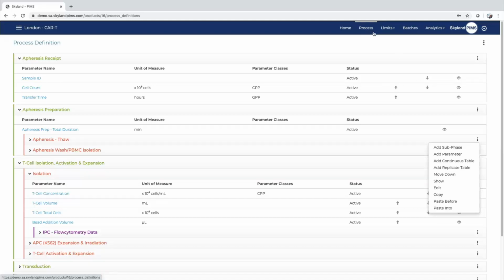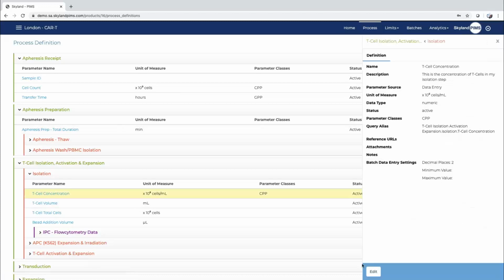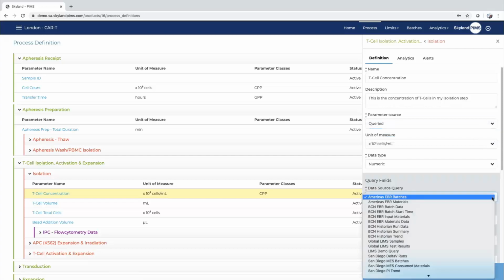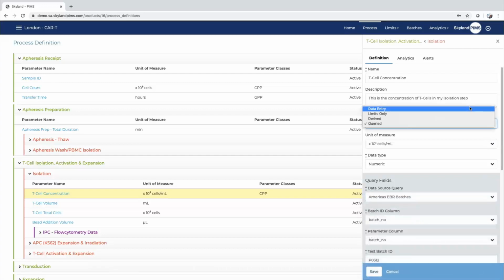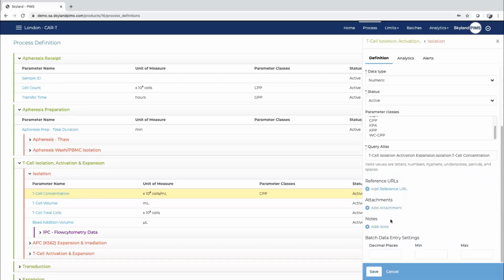This process definition will then allow us to add limits, enter batch data and perform analytics in a very quick and easy way. This particular parameter has been set up just by giving a name, a description, showing where the data is coming from, either manually entered, calculated or derived from other parameters, or queried in the event that we do have electronic data sources such as electronic batch records, LIMS, or data historians. In this way, then we can assess criticality of parameters. We can add knowledge via notes, attachments, and references, and we can start entering data verification settings for later batch